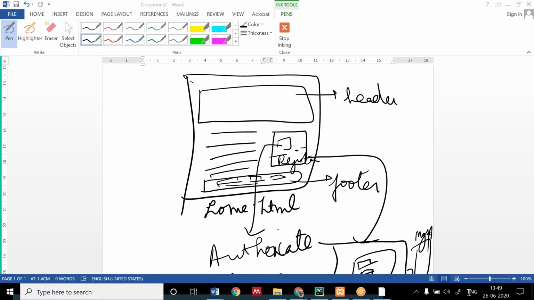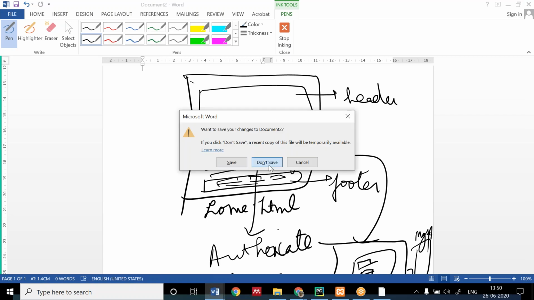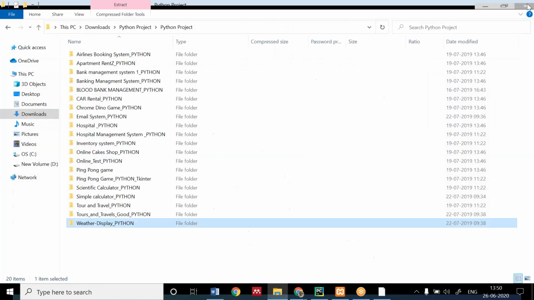Am I being clear? Any doubts? I have 10 minutes, so any doubts can be taken from your side. Otherwise, today's session is up. I have given you the work, you have to do that. If any code is needed, you can tell me. These are the examples. If you want to note them down, you can note any one of these.